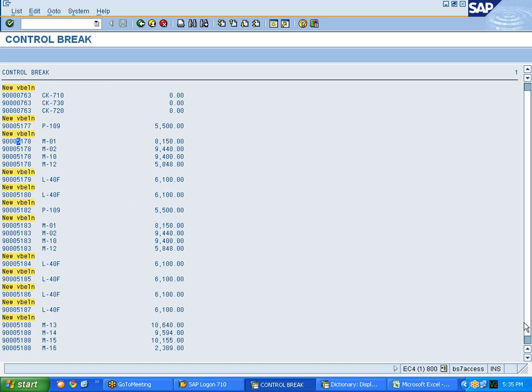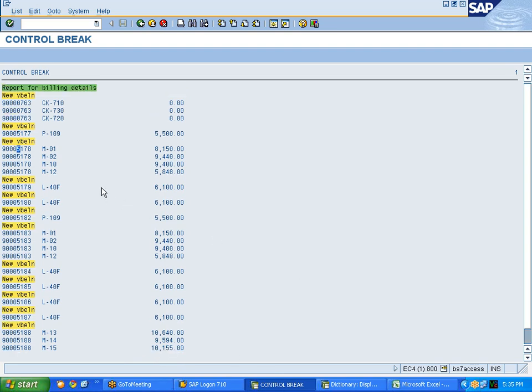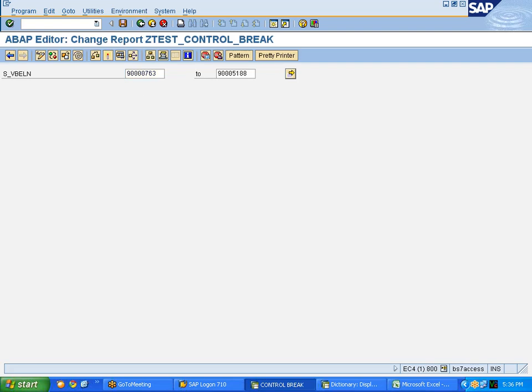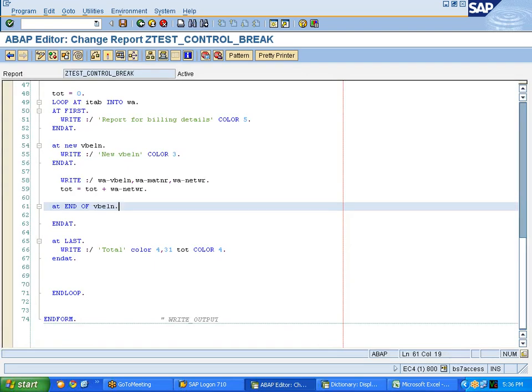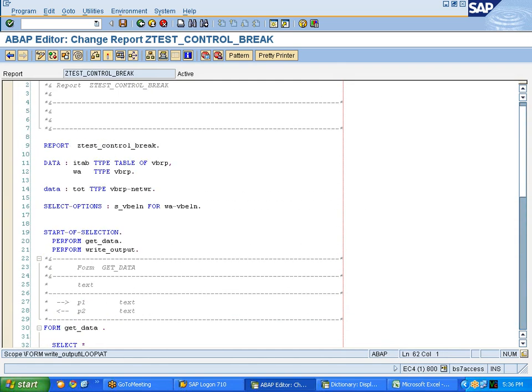We have already done the grand total for all billing document numbers. This is the grand total. Now what I want is the total for each billing document number. But each billing document can repeat sometimes, correct? So now what I will do is go here and say, subtotal I want, correct? I will declare one more variable,